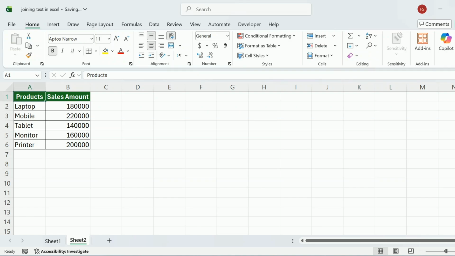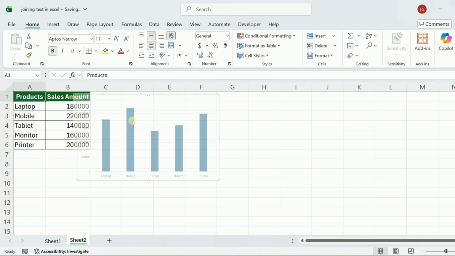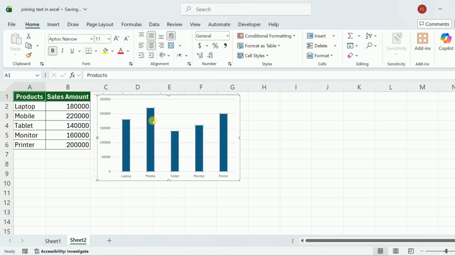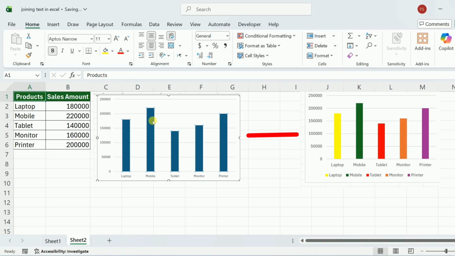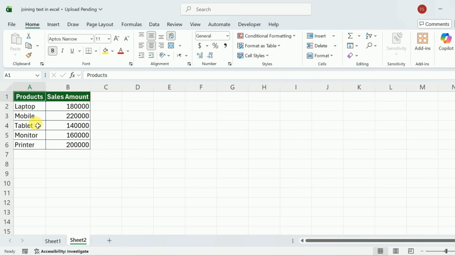In Excel charts, all bars usually appear in the same color, but sometimes we need to highlight specific values like the highest or lowest sale. In this video, I'll show you how to change individual bar colors in an Excel bar chart step by step. Let's get started. So you see, I have the sales data of different products, and from this data, first I'll